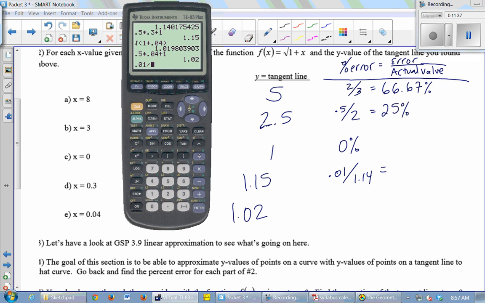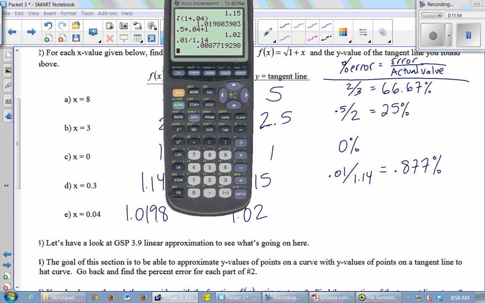0.01 divided by 1.14, and I get 0.877 as my percent. So less than 1% error now. So I'm really close. And then finally, in this last one, when x is very close to 0, my difference,